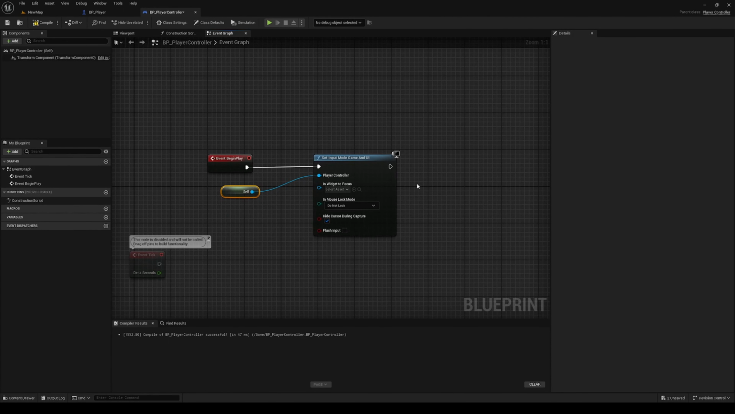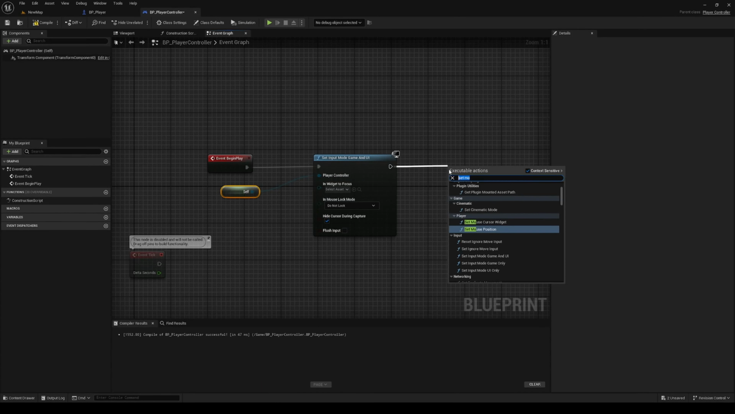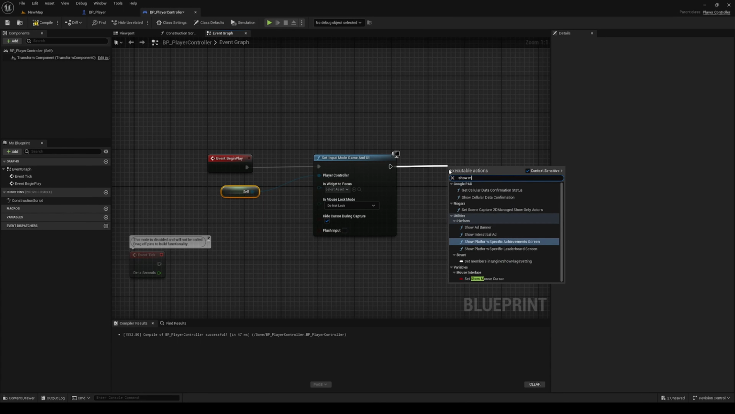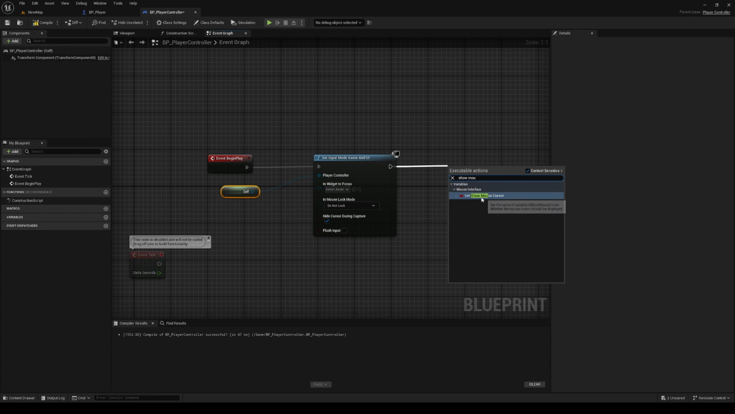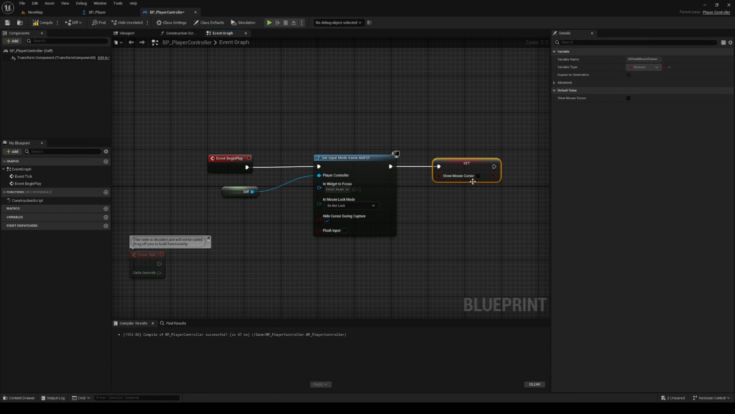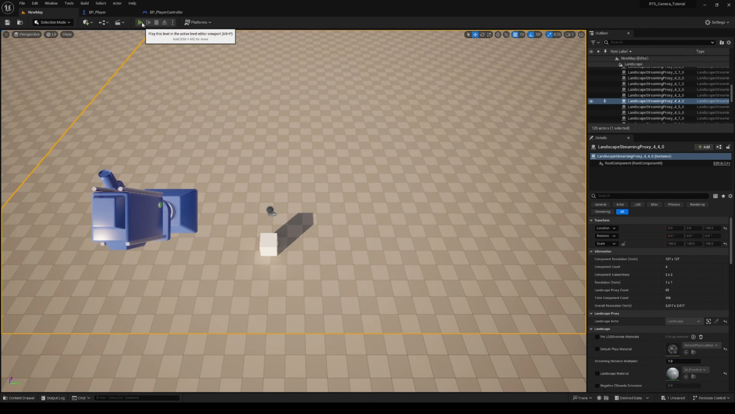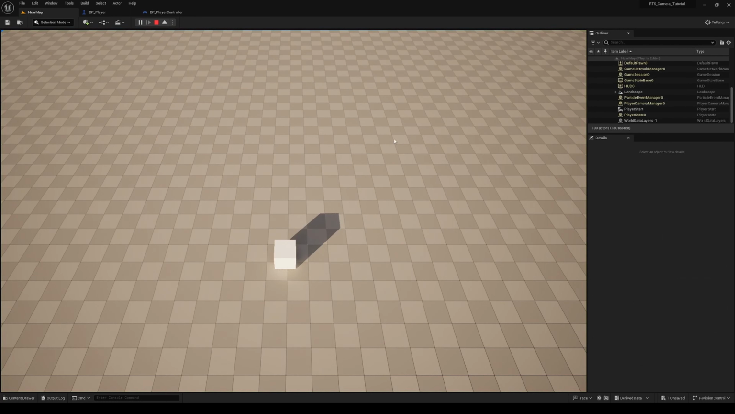And then on the output here, we want to show our mouse cursor. If you type show mouse, you'll see this variable, set show mouse cursor, and we want to tick this box. What this is going to do is actually enable the mouse cursor on our screen. So we save, hit compile, jump back to our map, press play, and now when you focus on the screen,